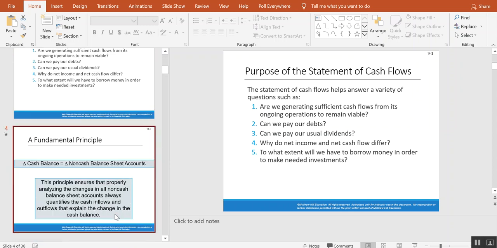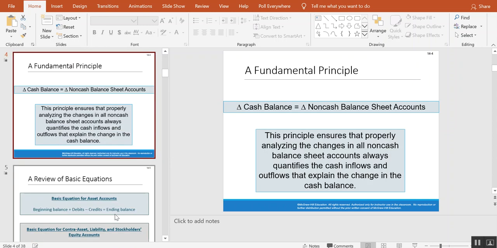So basically, the big principle behind this statement is this: a change. And by the way, this delta means a change. A change in cash balance is equal to a change in non-cash balance sheet accounts. So really what that means is we're going to look at the balance sheet account changes in order to figure out what the change in the cash balance is